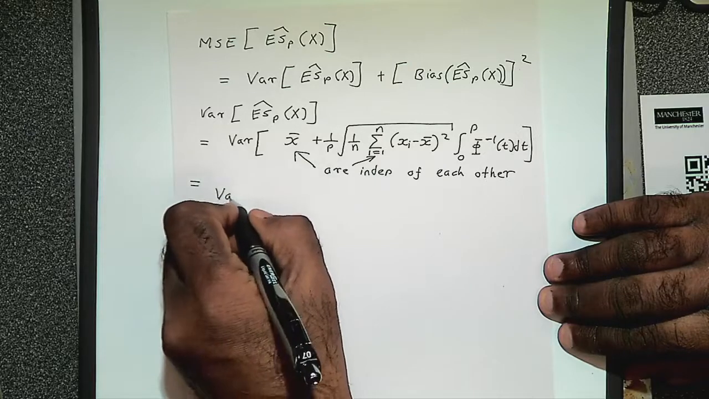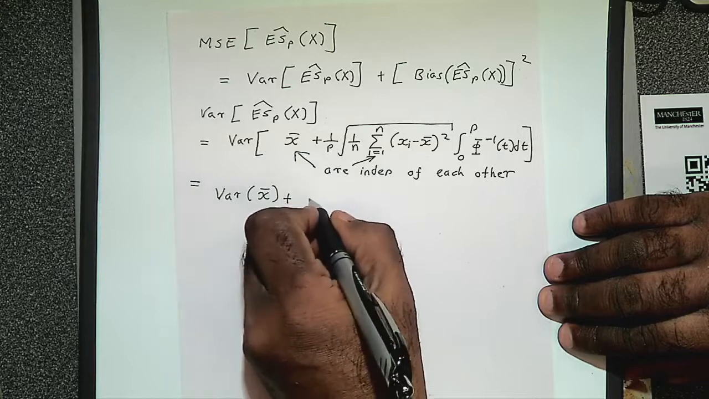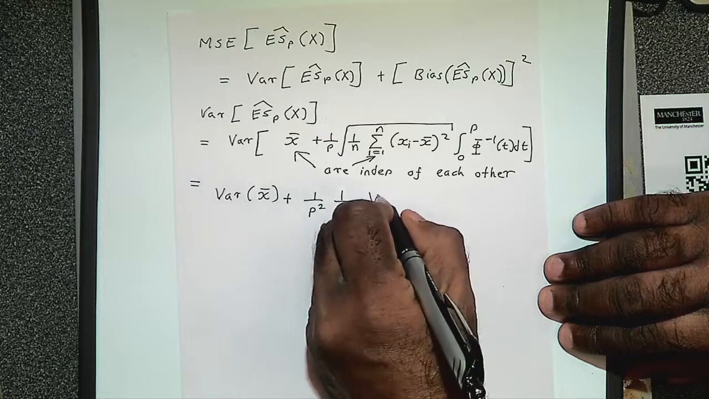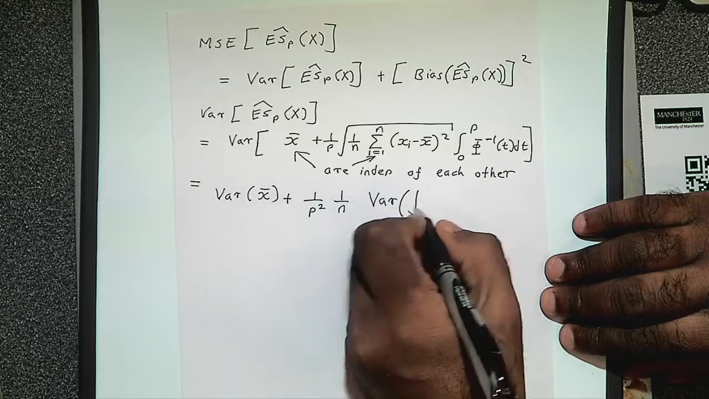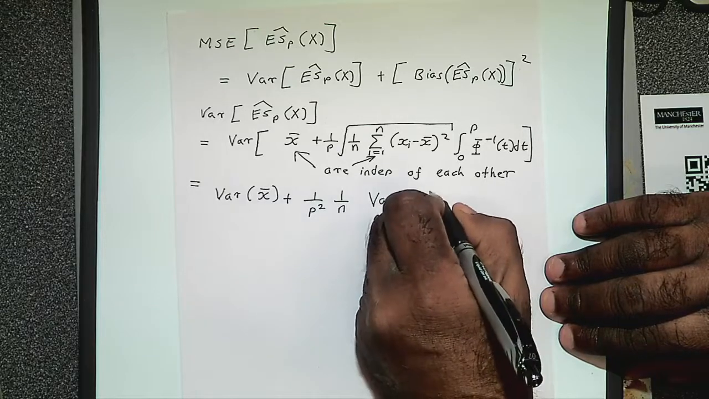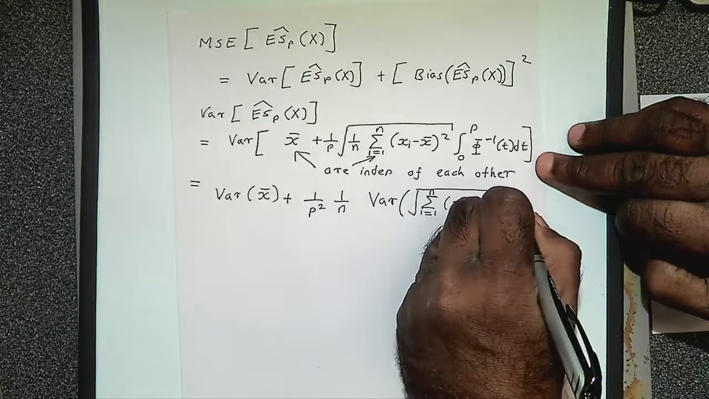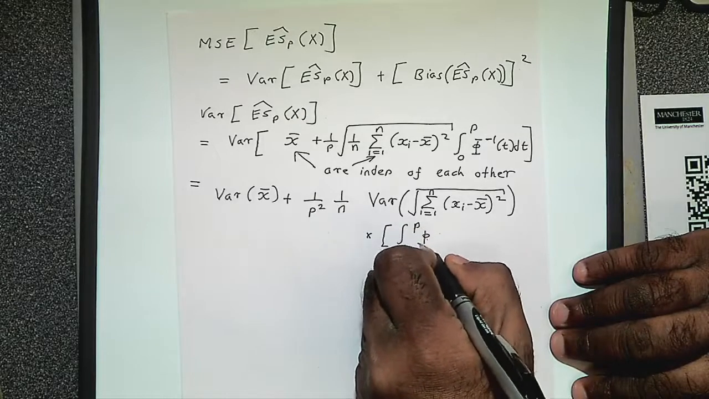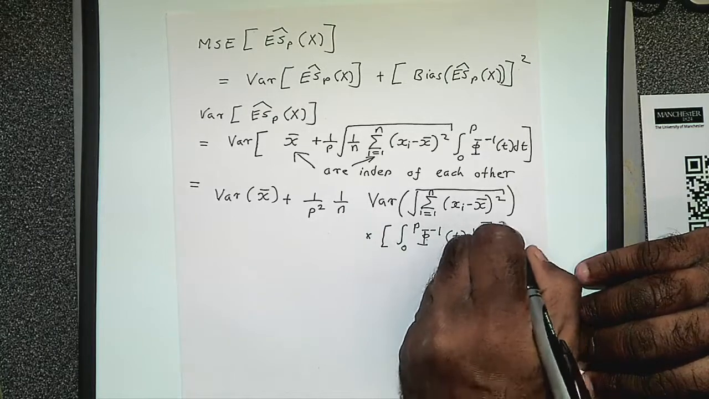You can write this as the variance of X bar plus 1 over p squared times 1 over n times the variance of the square root of, times the square of, so excuse me for the complicated formula, but sometimes things are complicated. All right, so